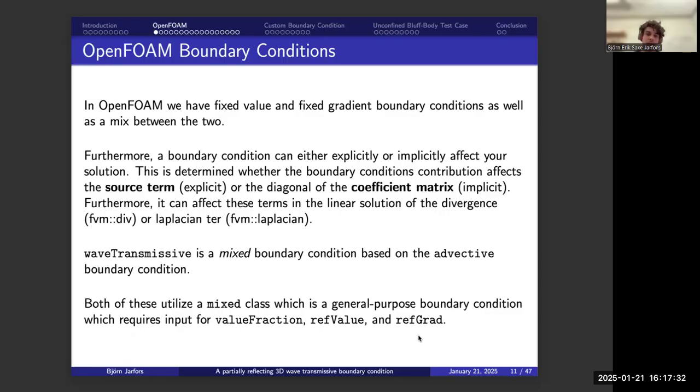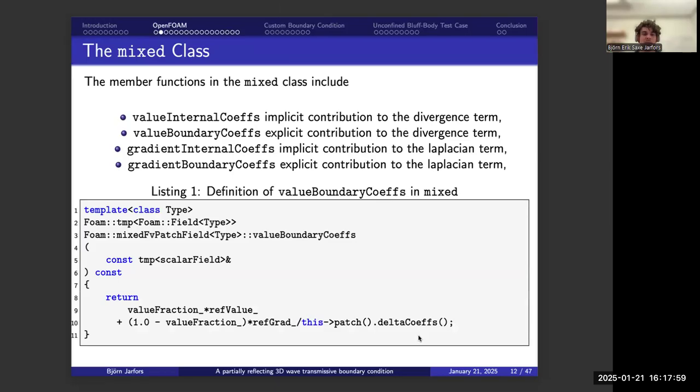And the advective boundary condition utilizes the mixed class, which is a general purpose boundary condition, which requires input for the value fraction, the reference value, and the reference gradient. And there we can already see that the role of the boundary condition, the advective one, is to provide the value fraction, reference value, and reference gradient. But before we go into those inputs,